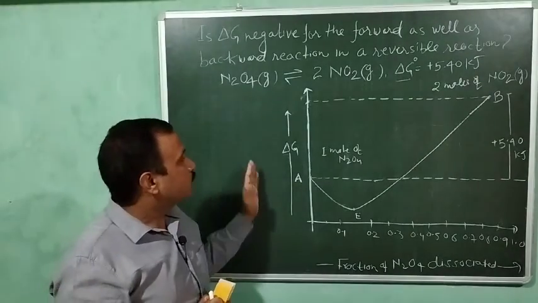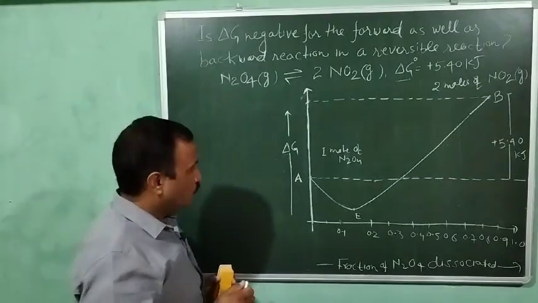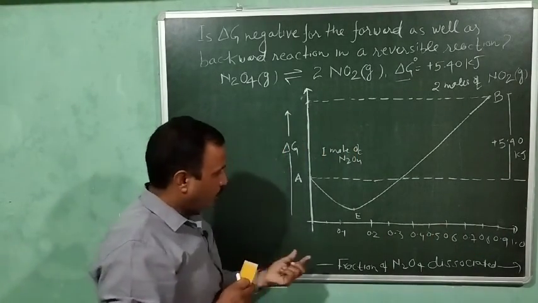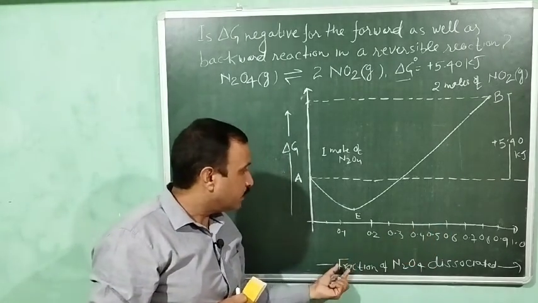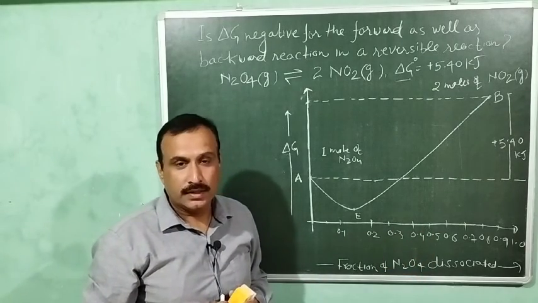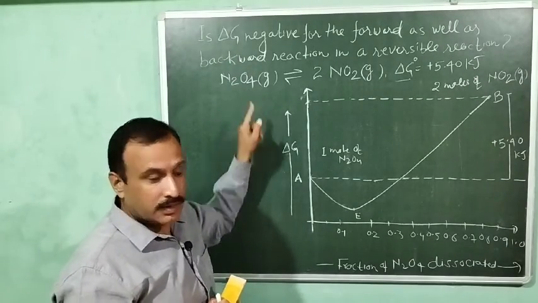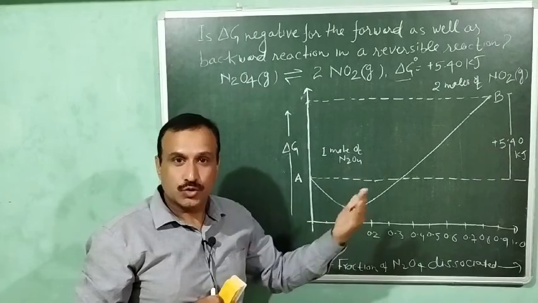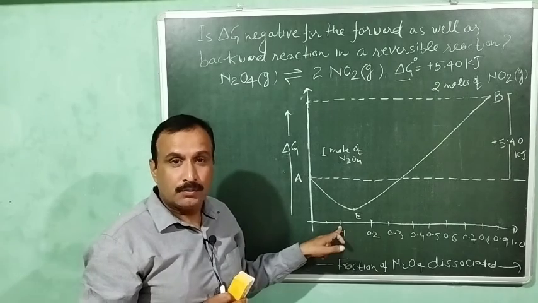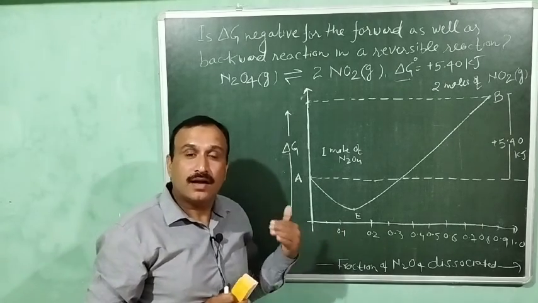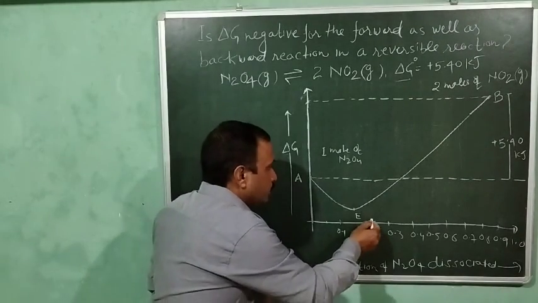Okay, so now I will explain the answer of this question with the help of this free energy diagram. So along the x axis I have the fraction of N2O4 dissociated. ओके, x axis में हमारे पास क्या है कि कितना फ्रैक्शन N2O4 का डिसोशिएट हुआ है। ओके, अगर हम इक्विलिब्रियम को अटेन करने की कोशिश करते हैं रिएक्टेंट साइड से, then the N2O4 will start dissociating. So at this point 0.1 fraction of N2O4 will be dissociated. 0.1 fraction का मतलब ये हुआ that 10% of N2O4 will be dissociated into NO2, and here this means that 0.2